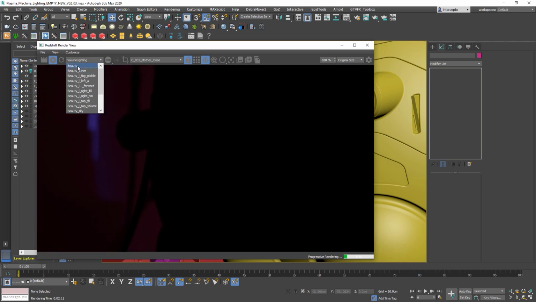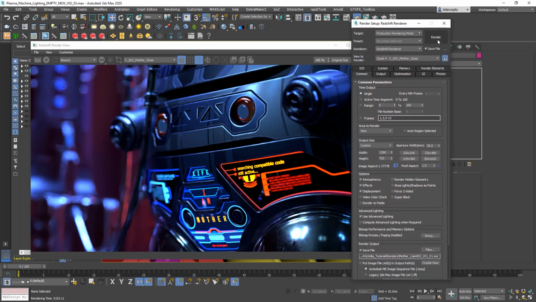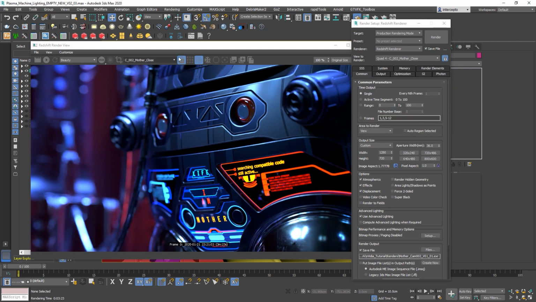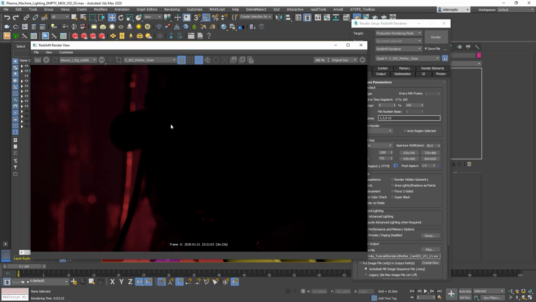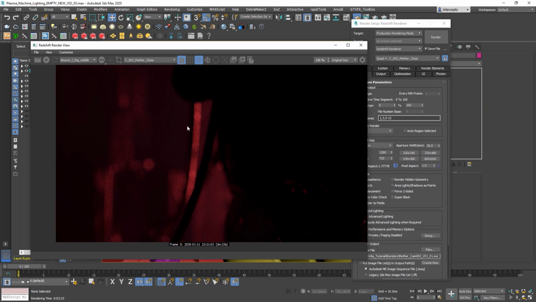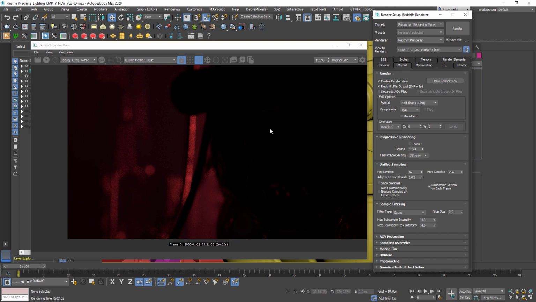Okay, so let's do another. So stop that one, and then I'll just do another final render for this camera. So this second camera is also done now, and these are all the passes. As you can see, some of the passes are still relatively noisy, so in this case, I think I'll probably have to crank up the render settings. So if depth of field is not this strong, then maybe maximum samples of 256 will probably be okay for